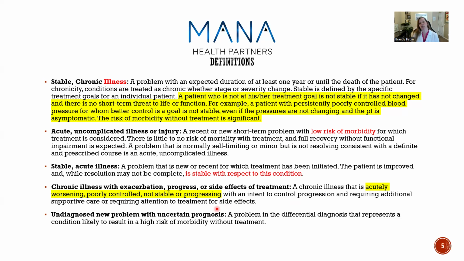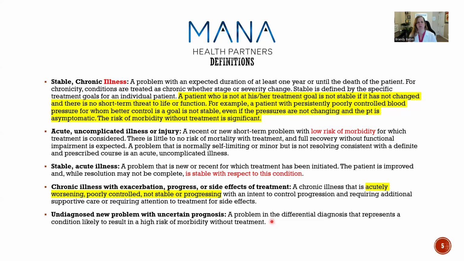So a chronic kidney disease, stage 3, their GFR was 46, now it's 41, and then the last time you took it, now it's 30. So it's progressing. And so is that a big deal? Yes, it's a chronic illness and it is progressing. Or if they have side effects from treatment. So that could be hypertension, which would be a chronic illness, and they would have side effects. They're on lisinopril and they've developed the lisinopril cough.